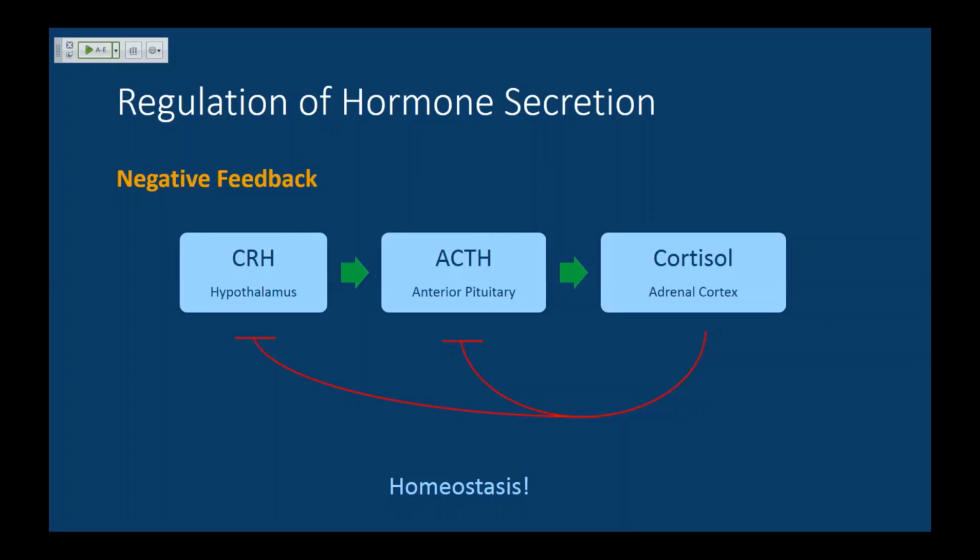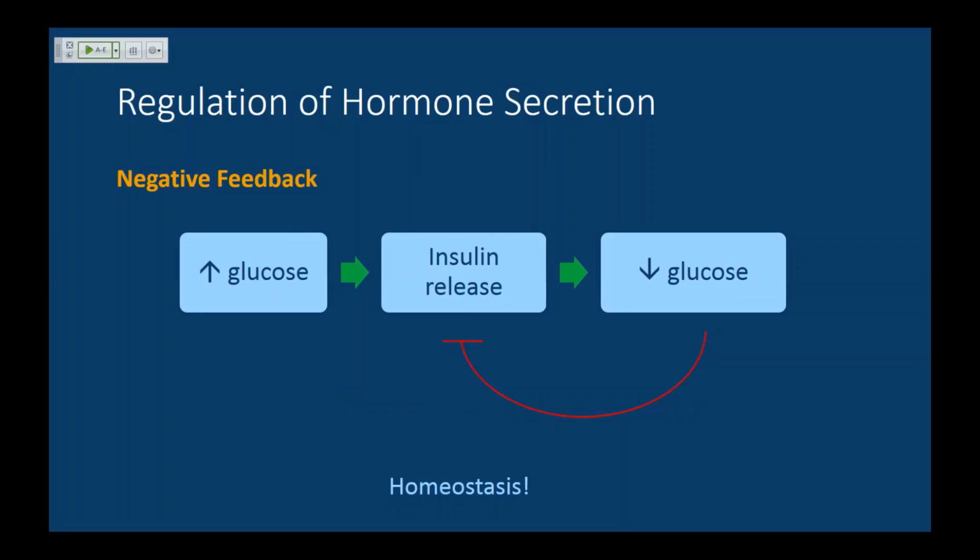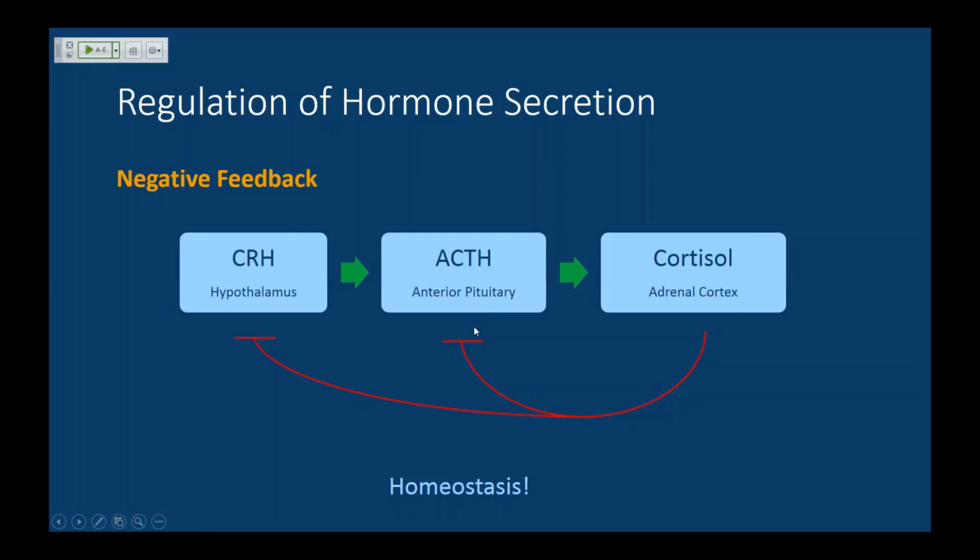And then we also have more complicated negative feedback loops that can operate on multiple levels. So what we just talked about is the response to the hormone ending the stimulus for the hormone. But when we get to multiple levels, the hormone itself can also inhibit the synthesis of other hormones. So the response can be negative feedback, and the production of the hormone itself can be negative feedback.